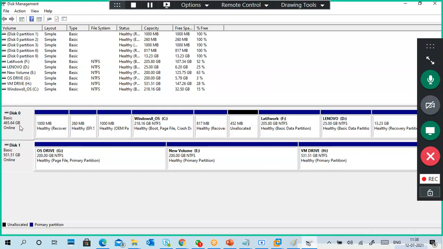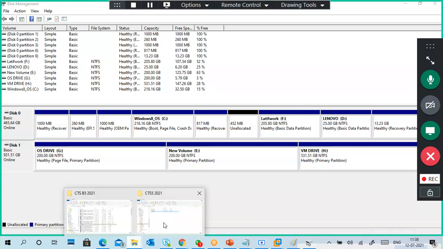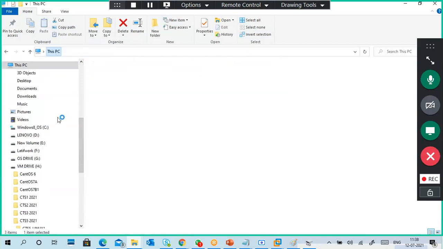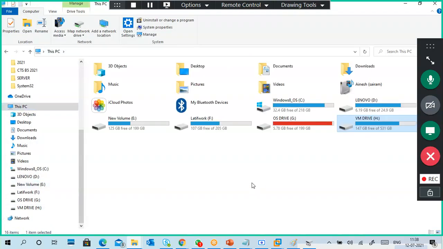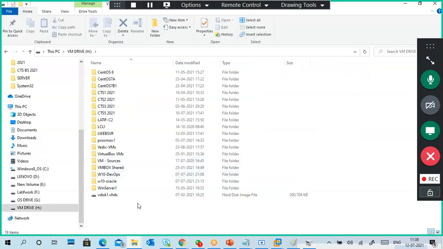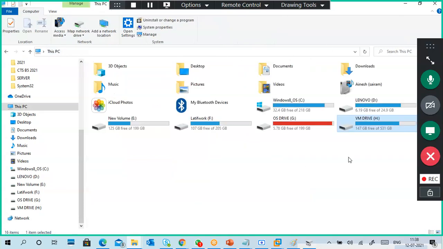Guys, already I have 2 hard disks. That's why I'm telling each and every point. But you are very good, you understood fixed disk and dynamic disk. I'm happy for that. Now, I have 2 physical hard disks, and I have to check which one has more free space. Like in This PC, which partition. Of course my H drive has some partitions, and I already have one virtual hard disk as well. I remember I have 147 GB free space.